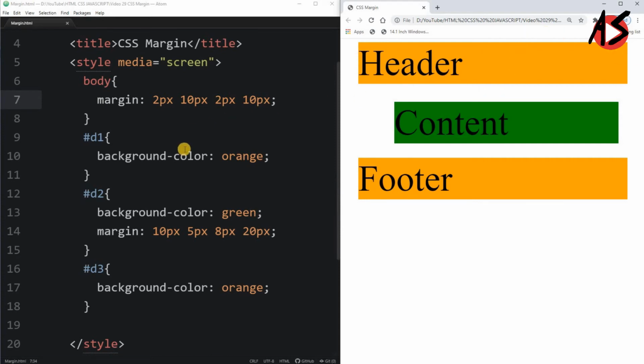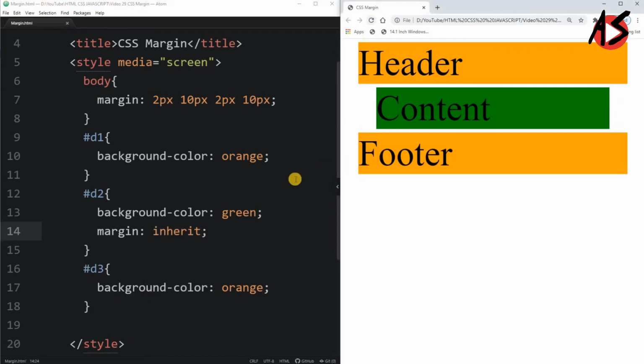Now suppose in d2, I am writing margin equal to inherit and refresh the page. So now you can see, if I am setting margin to inherit, this division is taking the margins inherited from the parent element, that is the body element.